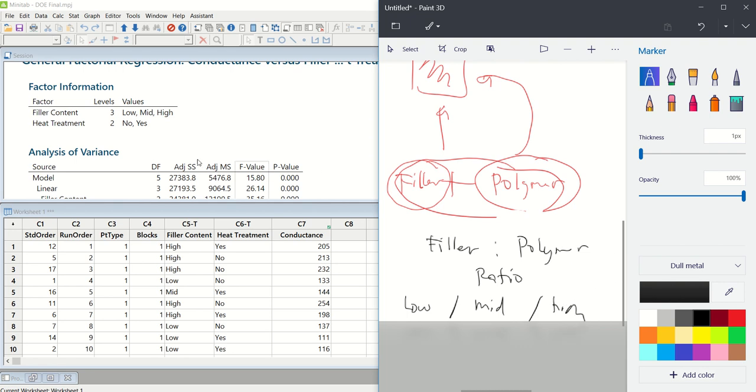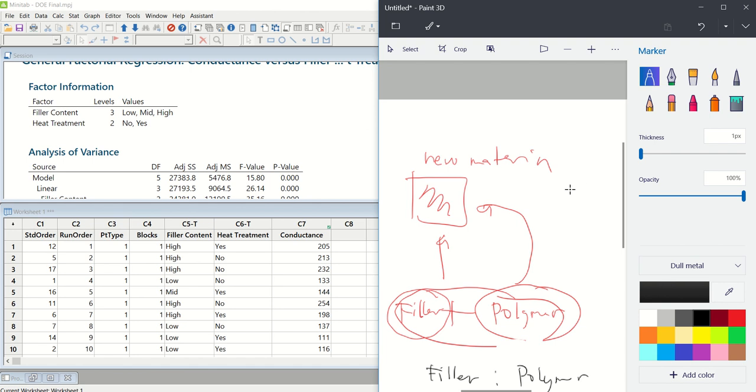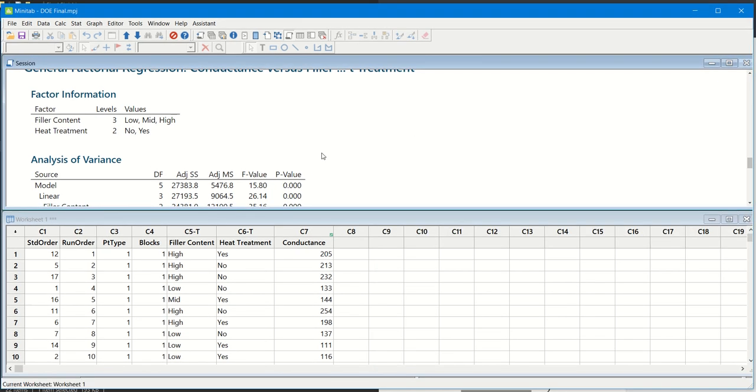So, yun. So what about the heat treatment? So ang heat treatment ko is only 2 levels. So it means I only used may heat, yes, and no. So ako na nag-set kung ano yung value ng heat for yes and no. And obvious naman, kapag no, walang init. And then yes, merong init. Yun lang naman. So the result of the analysis of variance here in my